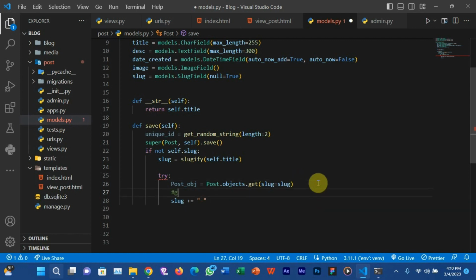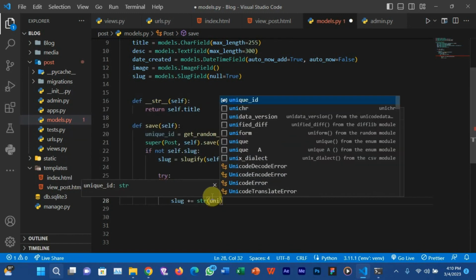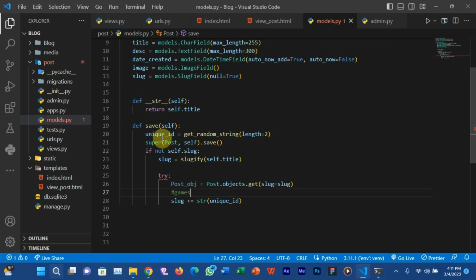If the post title is, let's say, games, and a post already exists with this title, and we just concatenate and add the unique ID that was just generated, you are going to get something like this. If the random string that was generated is, let's say, BT, it will be added this way. But we don't want that. We want some hyphens in between them.